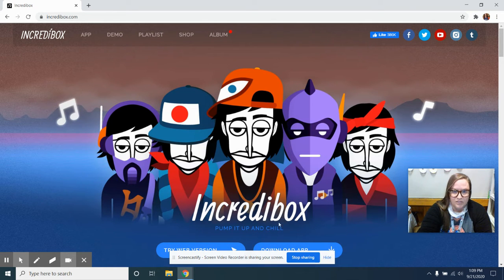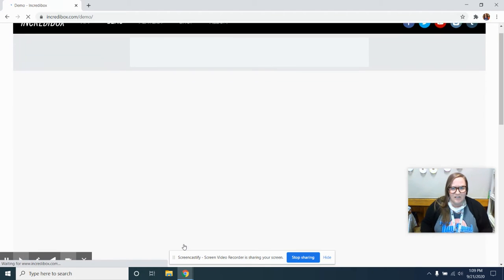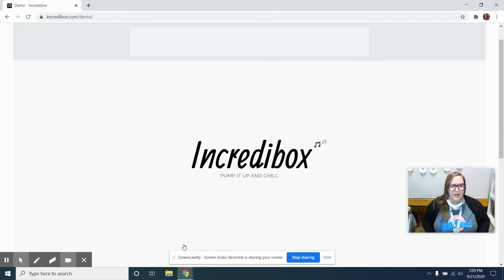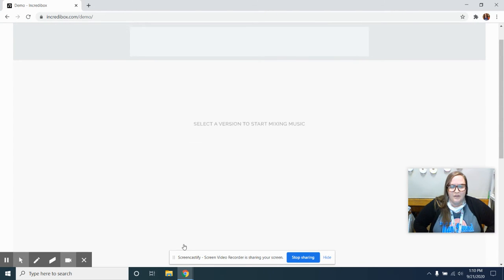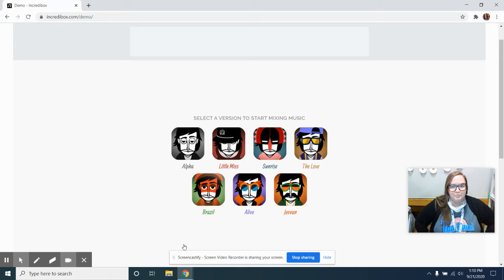We're sharing cookies. We're going to go ahead and try the web version. There is an app. I have not downloaded the app, so I cannot testify how the app works. I would assume it's something similar, but I have only used the website. So this is the main screen that you get to, and you need to select a version to start making